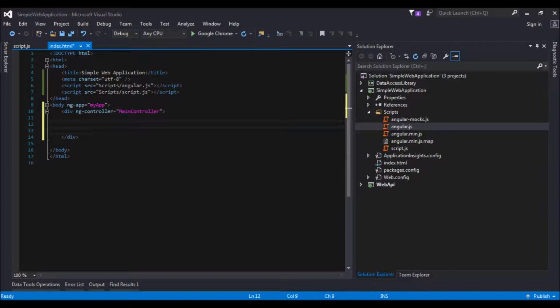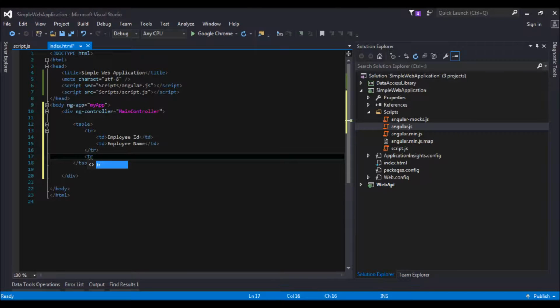And to show the employees, we would create a table. The first column would show the employee ID, and the second would show the employee name. Okay, so now tr,